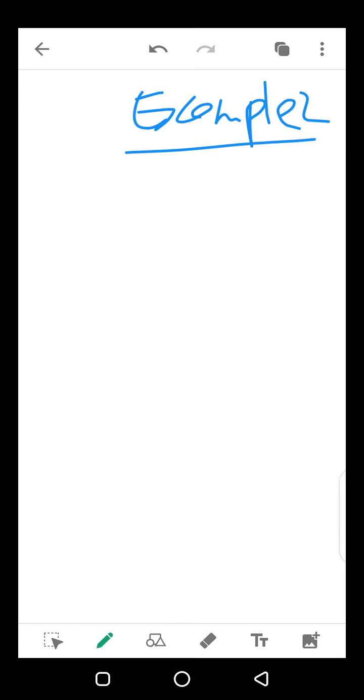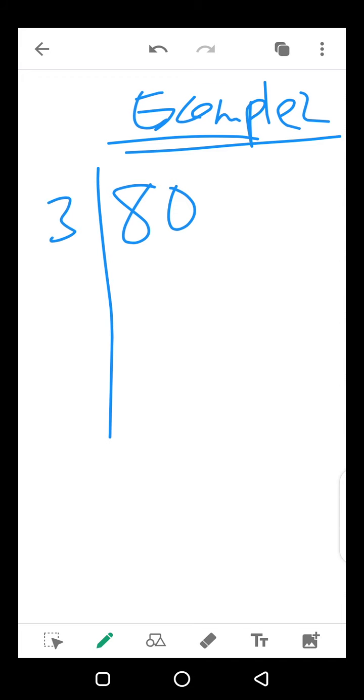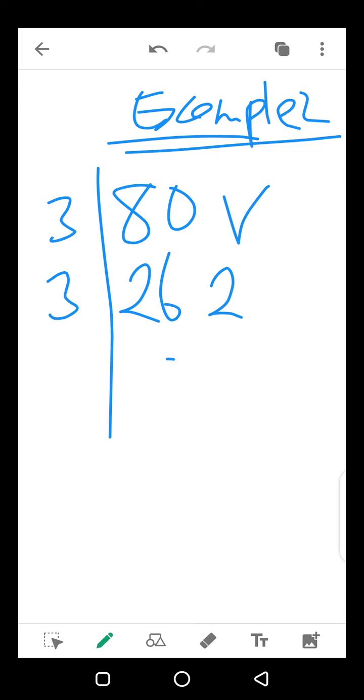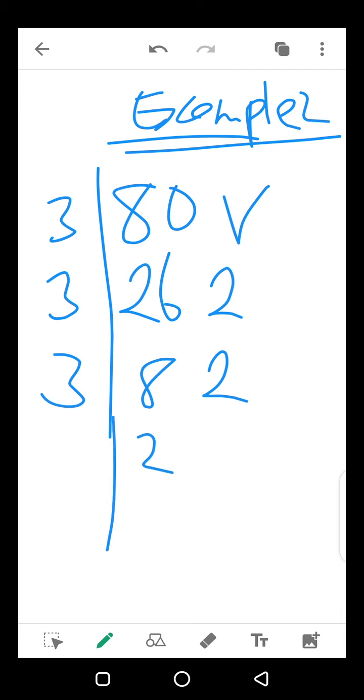If you have example 2, if we have 80 and we have to convert it to base 3, 80 divided by 3, we get 26 remainder 2. 26 divided by 3, we get 8 remainder 2, and 8 divided by 3, we'll have 2 times 3 is 6 remainder 2,